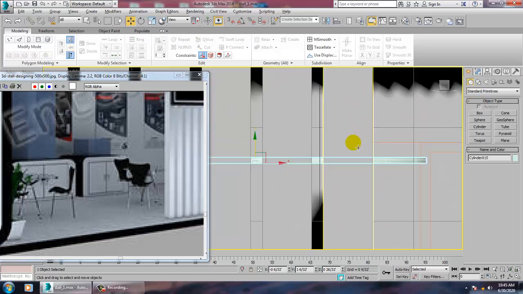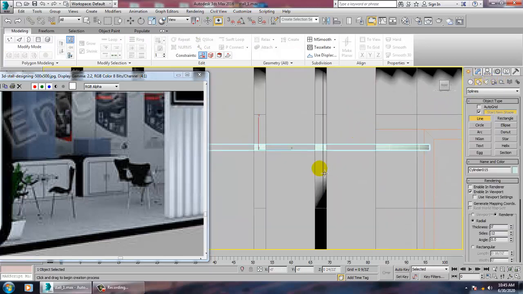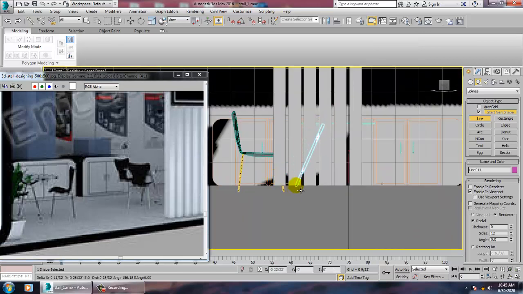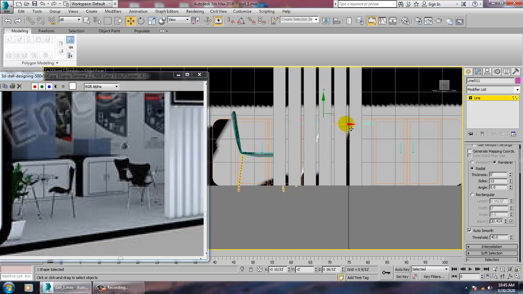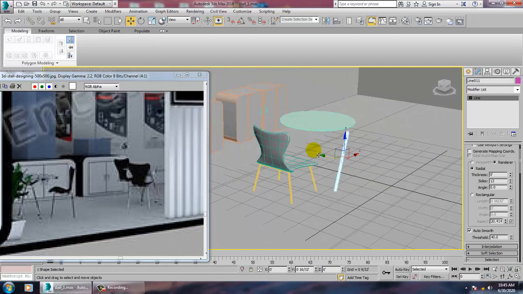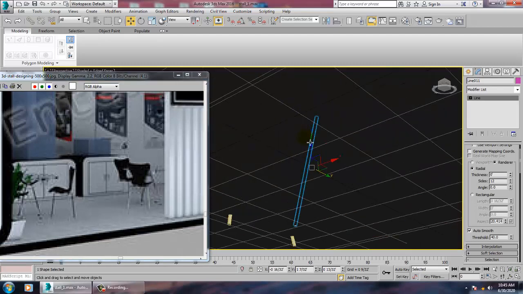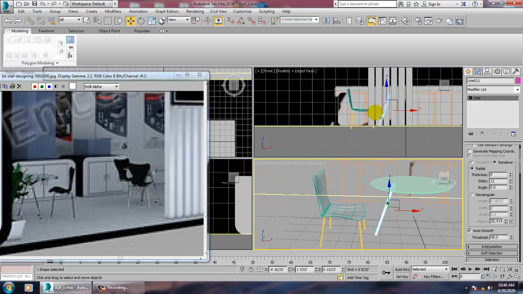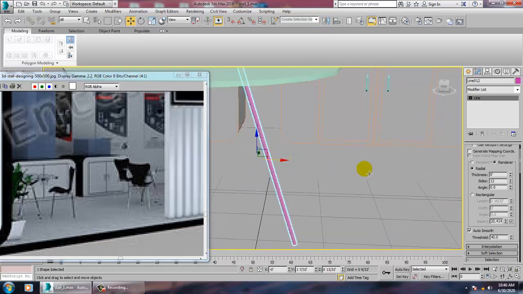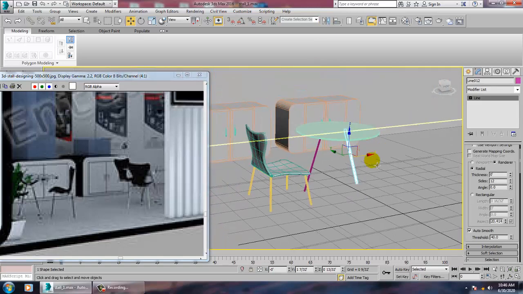So let's go into this view. Let's take a line over here. Mirror this, copy it, and just make it a bit thicker.